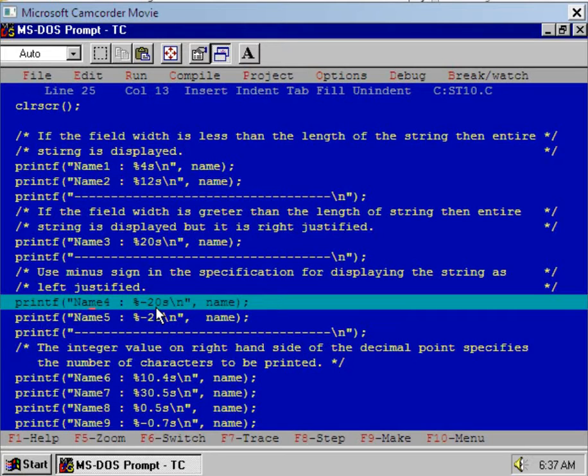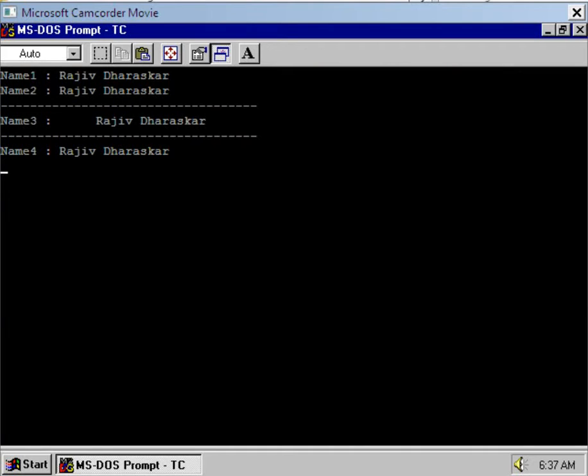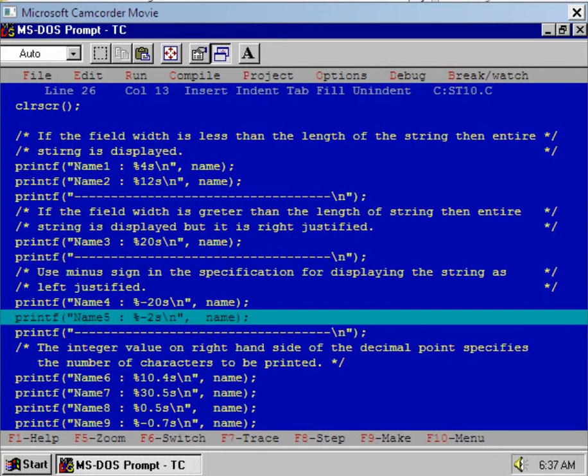So I have written %-20s as a specifier. Execute this one and see the output. Raju Dharaskar is displayed, but now it is left justified because of the use of the minus sign.